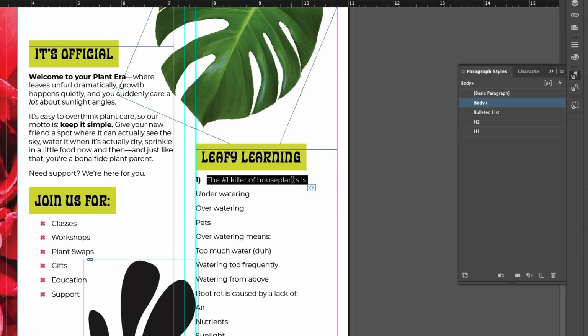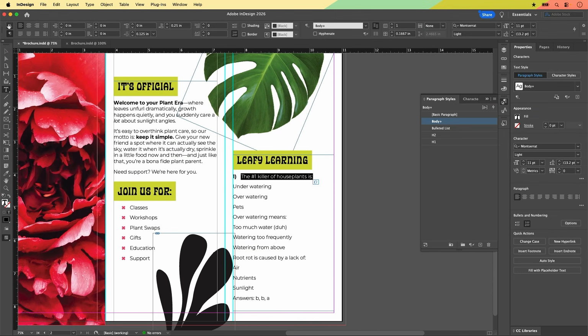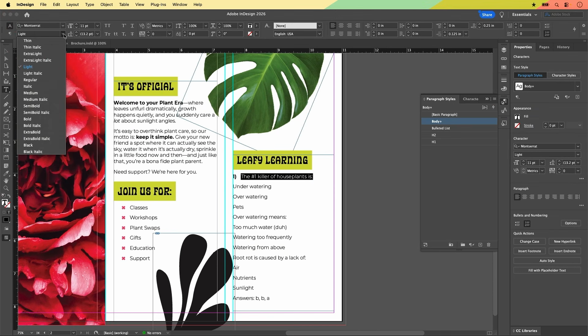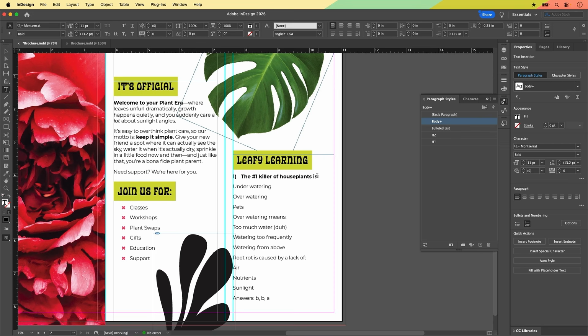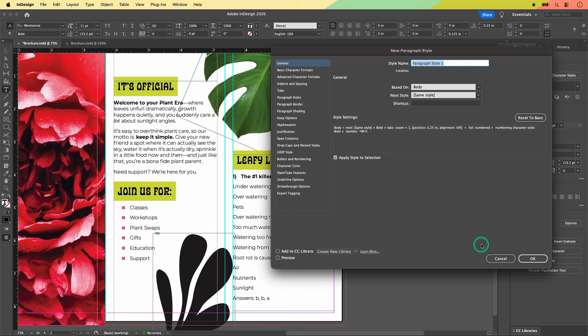But this time we're going to bake the boldness into the paragraph style. So let's come up here to character formatting and make it bold. And now we're going to slurp all of this into a new paragraph style. So that will include the fact that this is bold and that it is numbered. So in our paragraph style panel with our cursor active right here, we're going to hold Alt or Option and click to create a new style. And we're going to call this one numbered list: